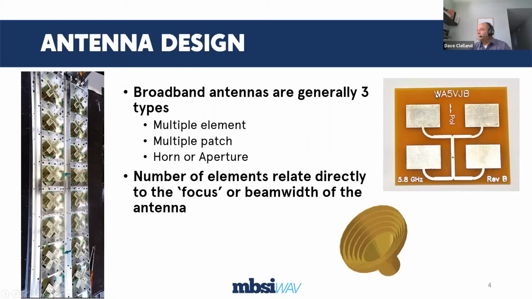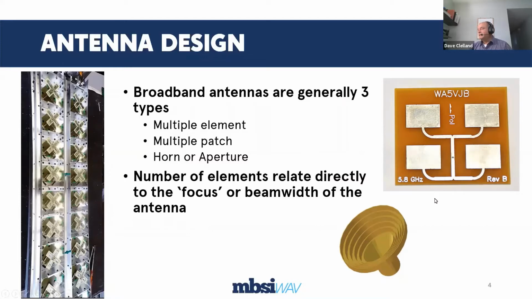This is on a printed circuit board, and the connections are a certain size and a certain shape that join the 4 patches together here. This happens to be a 5.8 gig antenna, and so it's about the size of a postage stamp, maybe a little bit smaller, and would have probably 3 or 4 or 5 dBi gain, something like that. Maybe it would be 0 dB gain, but nevertheless,